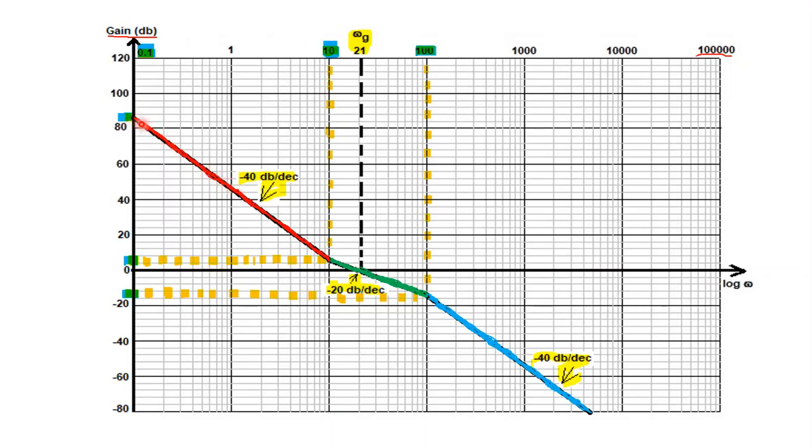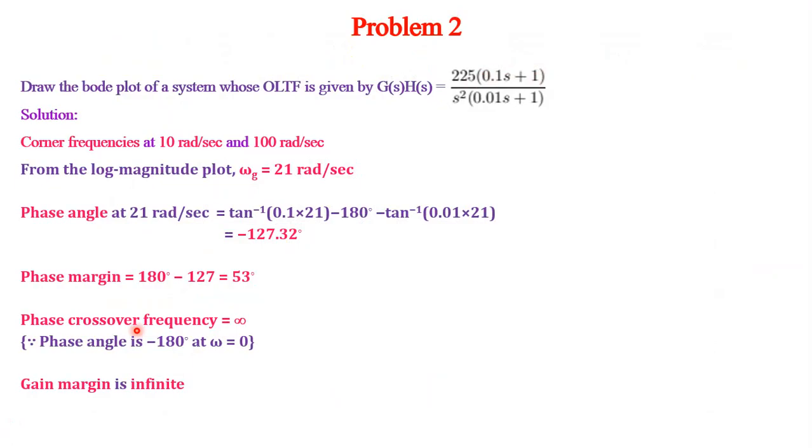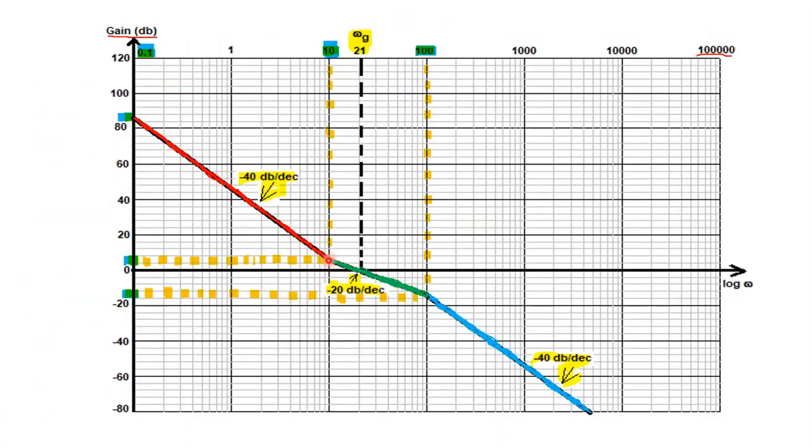So mark a point here, mark a point here, join these 2 points, join this up to 10, because at 10 the slope changes. The factor 1 plus 0.1 s comes into picture. Therefore, from 10, this minus 40, you add plus 20 because of the zero factor, 1 plus 0.1 s. So minus 40 plus 20 is minus 20 dB per decade. So at 10 it is whatever value we get, around 5 dB, so at 100, 5 minus 20 means minus 15. So somewhere around minus 15